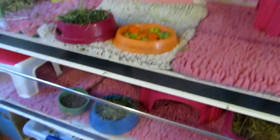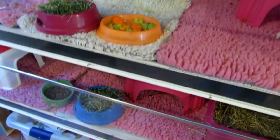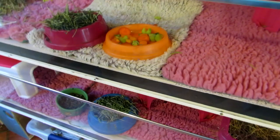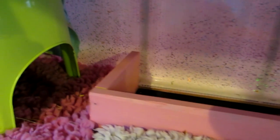Right, next, because the girls have got 2 levels, I needed a ramp, so that bottom cage or shelf is a lot nearer to the second shelf than the second shelf is to the third shelf, if you see what I mean, because I needed a shorter ramp distance so that if they did fall off it wouldn't hurt them or anything. So we cut a hole in the MDF and then put this wood, 2 pieces of wood around it,